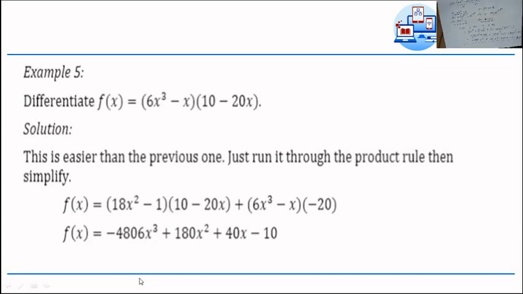So ganun lang po siya, no? How we're going to simplify. Mas importante, alam mo kung ano yung value ng u natin at saka yung v, no? Pagtapos, kukunin mo yung du at saka dv niya. Okay? Next, we have now the